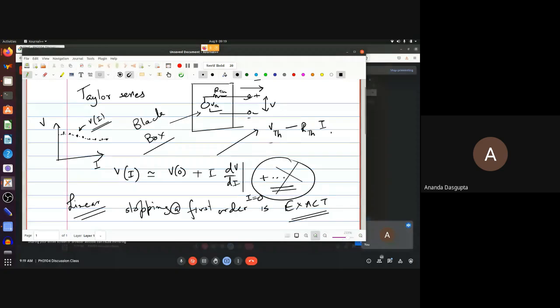Right? Because V Thevenin would be the voltage produced by the source, but when current I is drawn out from it, you get an R Thevenin times I drop across the resistance. So what you see here is actually V Thevenin minus R Thevenin I. Now, the hugely important point here is you can now replace your calculation. Remember, you started with a function of I, which could be a very complicated one. Using a Taylor series and stopping at the first term gives a simpler equation. Much simpler than having highly complicated nonlinear terms here.